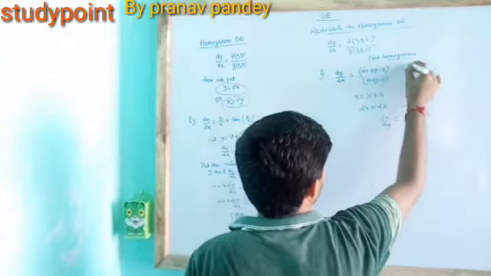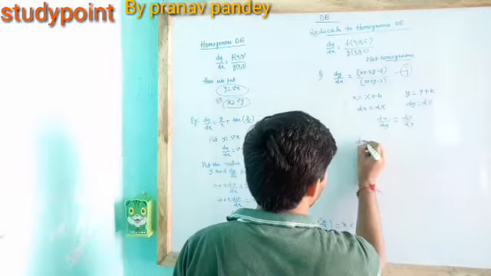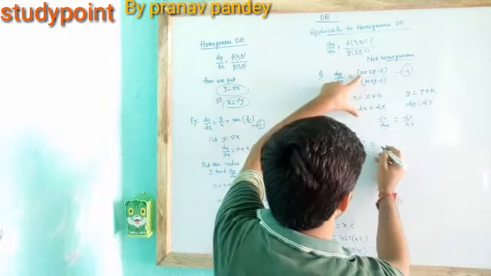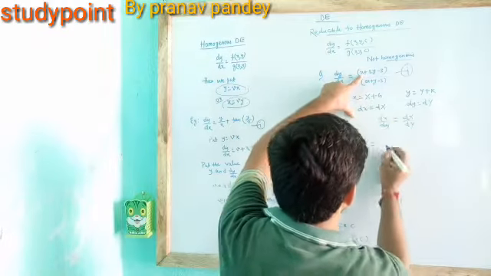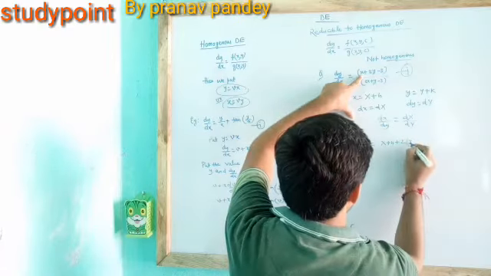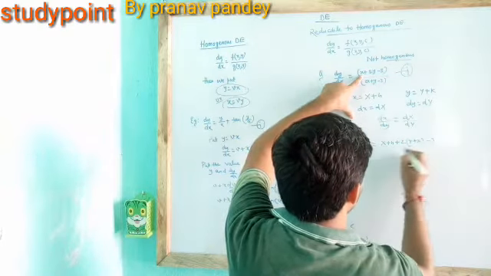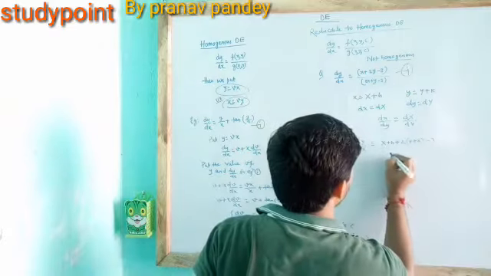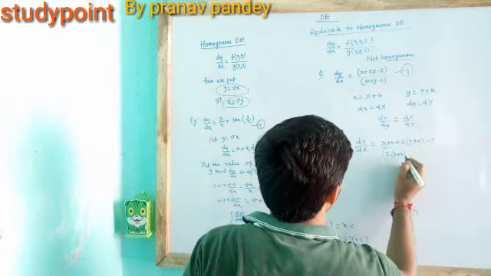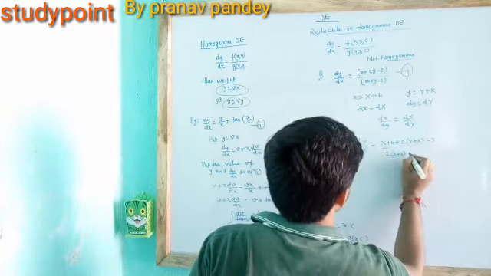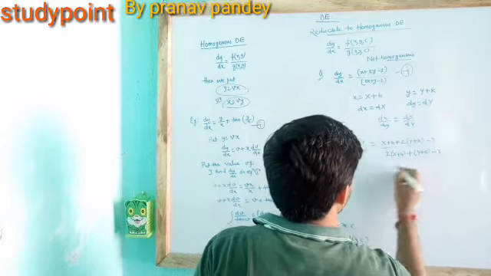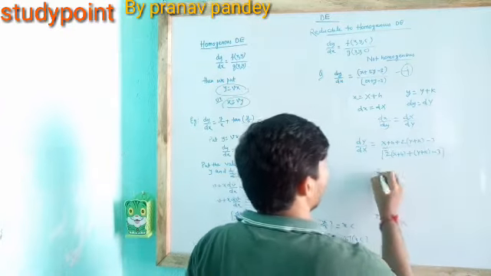So in equation 1, capital dY by dX is equal to, here for small x we can put capital X plus h. So (X plus h plus 2 into (Y plus k) minus 3) upon (2 into (X plus h) plus Y plus k minus 3). We get this. Now what will we do?